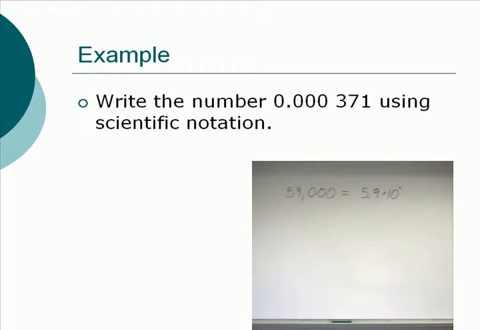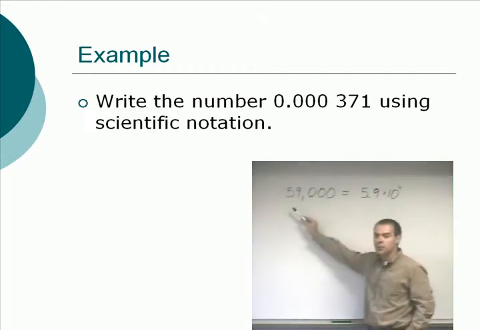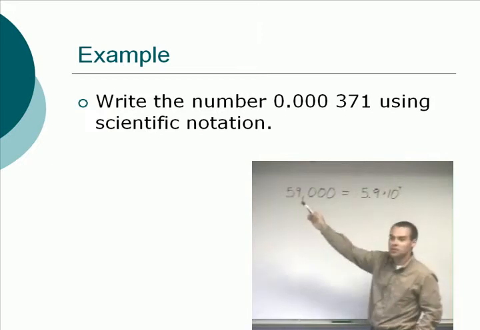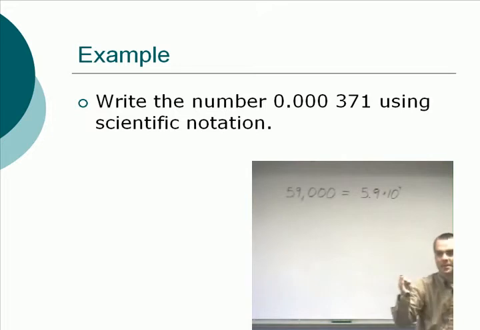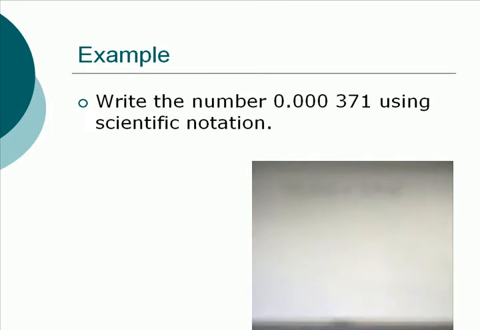Now, we want to write the number 0.000371 using scientific notation. Some minor point about notation that you may or may not have seen before. When we're dealing with large numbers, we put a comma every 3 zeros to make it easier to read. You don't use commas on small numbers. Instead, you put a little extra space every 3 numbers, and that makes it easier to read and not miscount decimal places. So it's the same principle, but use a space instead of a comma. So